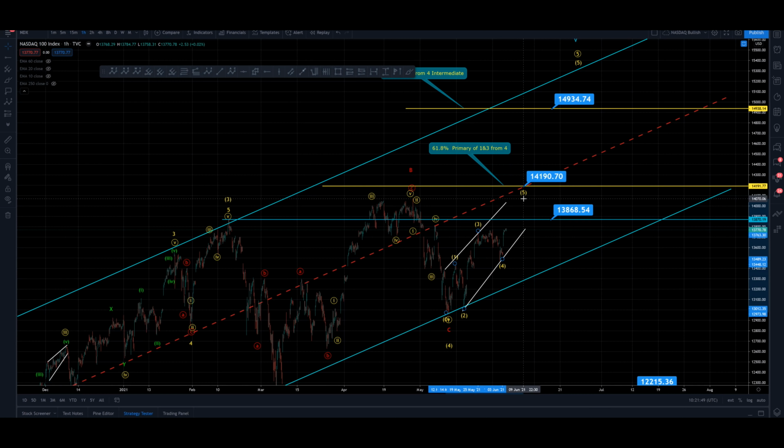So we could do that. We could, a truncation, it could even be here. We could have gone 1, 2, 3, 4, 5, done enough, truncated before the 3, about to roll over now. That would be a pretty bearish way of interpreting it. I hadn't really thought about that. 5, that's just beyond the 3, and then we roll over, short of the previous all-time high. 5 that's just beyond the previous all-time high and beyond the 3, maybe at this 61.8% primary extension of 1 and 3 from 4, and then we roll over. All of these are suggesting a move beyond the 3, a move slightly beyond all-time high, and then failure later